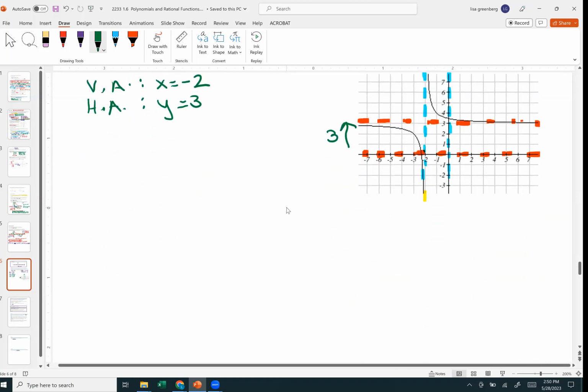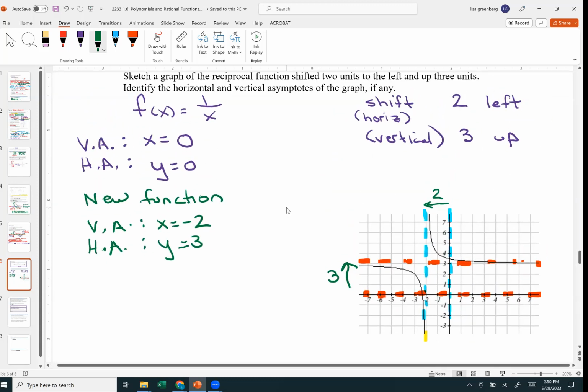Should we try to figure out what the function would actually be? Let's call this g of x. So g of x is going to equal f of x plus 2. If you remember, it always goes opposite. And then we're shifting up 3, so we're adding 3. Let's write this as our equation. So we have g of x is equal to f of x plus 2, which is 1 over x plus